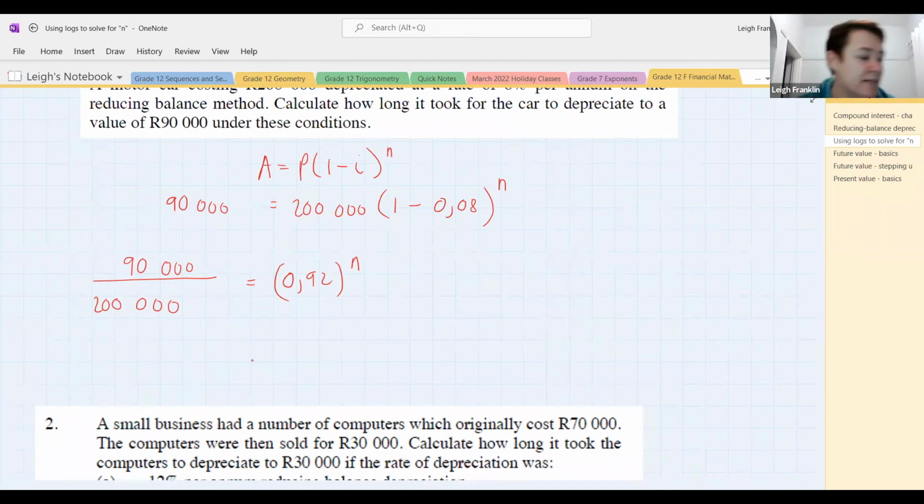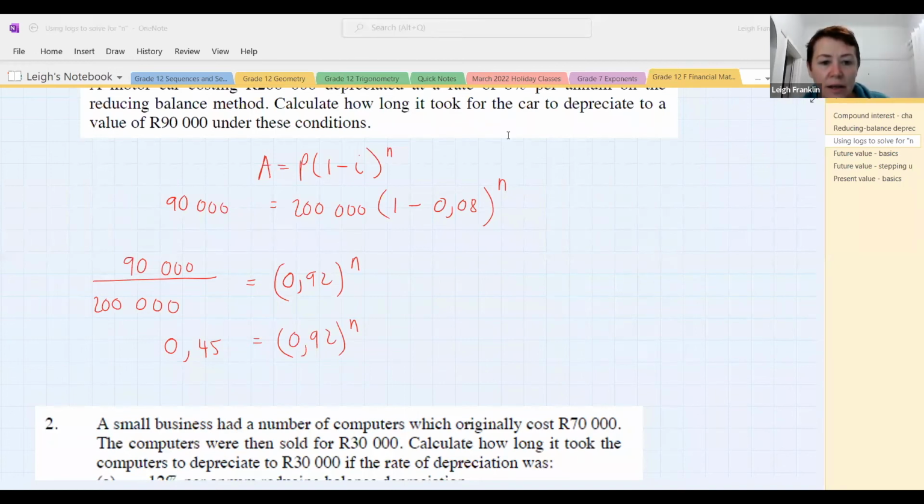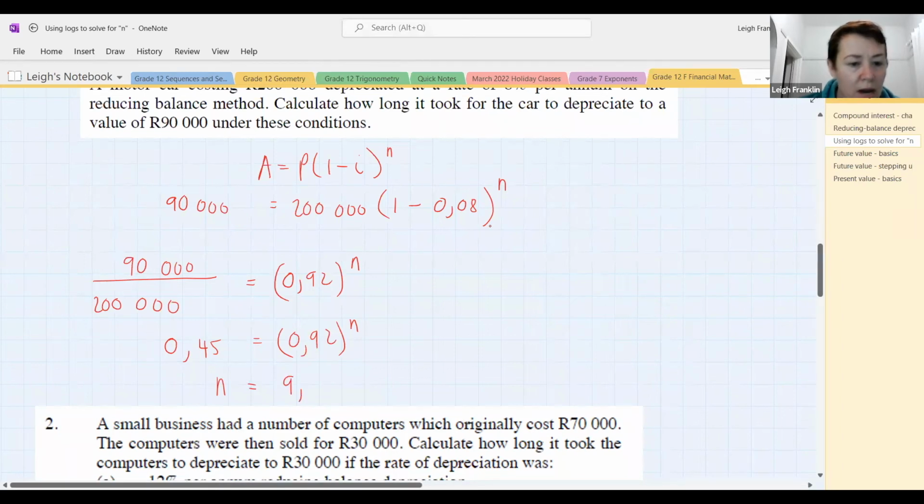Do you get 9 over 20? You can also write that as a decimal if you want to. You can write that as 0,45. So that's our number in this case. Let's just see what's going on in the chat. There we go. Nice. Yes, there we go. Perfect. And then again, we're going to go log, pop in our base, pop in our number, and there we go. So n is equal to